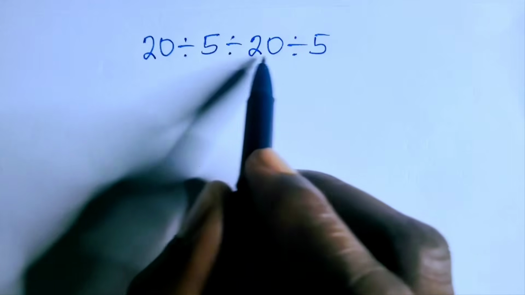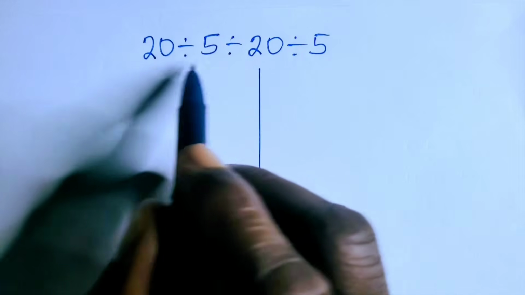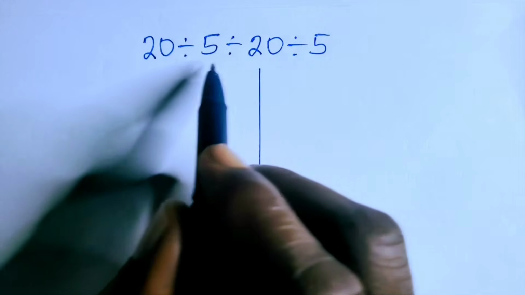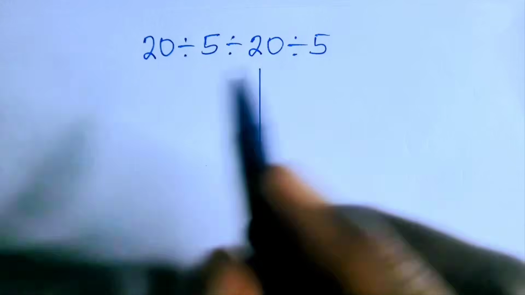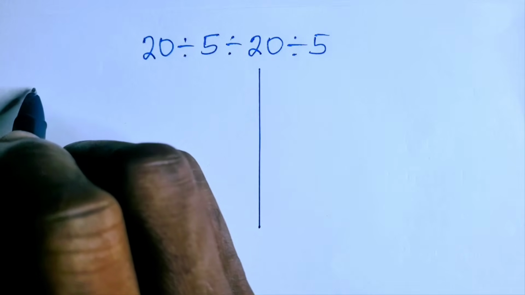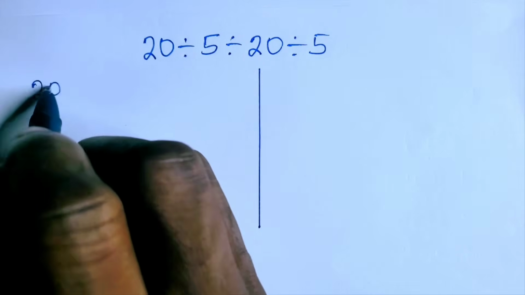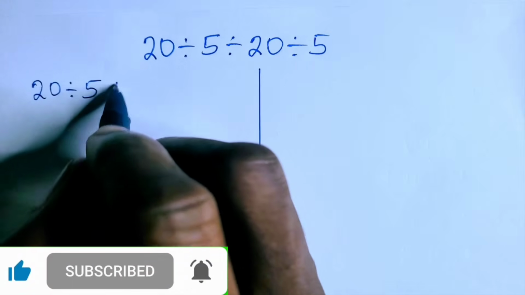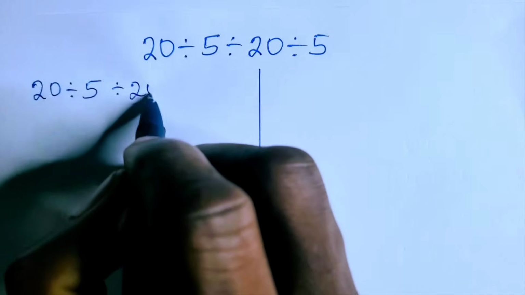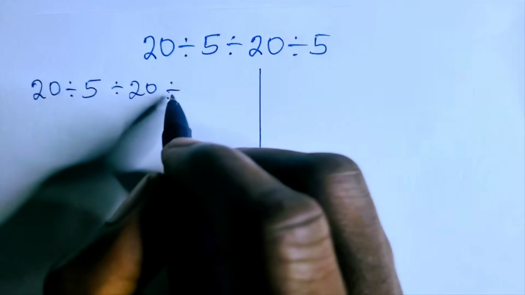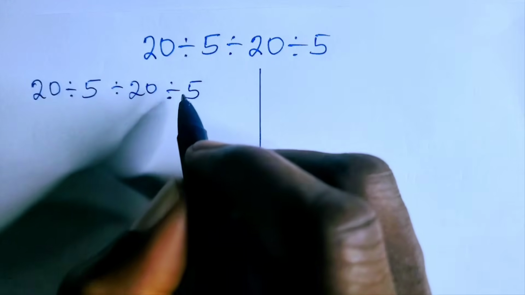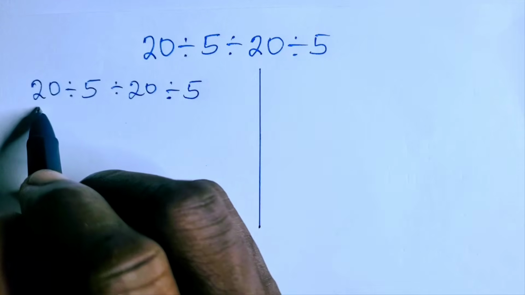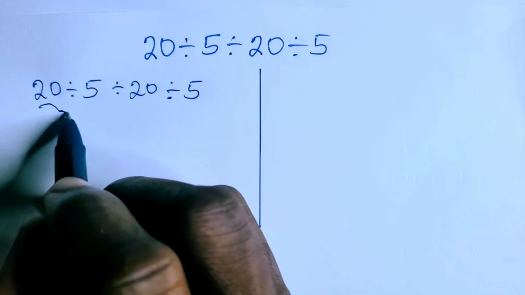You think that this is very simple, but about 95% of people still get this wrong. Now, look at what many people do here. We have 20 divided by 5 divided by 20 divided by 5. Here, many people do this